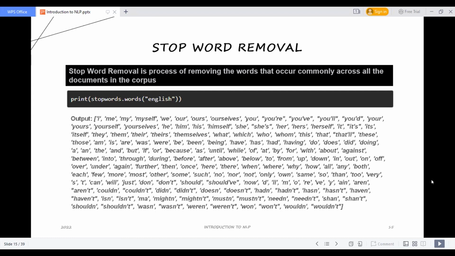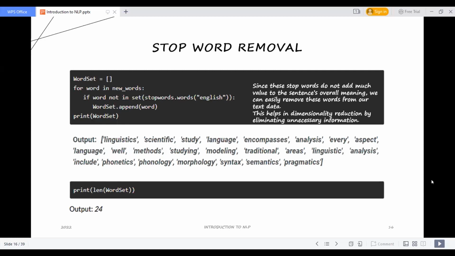These words are important parts of natural language, but they will not change the meaning if I remove them. So let's remove those stop words. Now if we remove the stop words, we can calculate the number of words which we have. And how are we going to remove the stop words? With the same library which we used previously, that is NLTK.